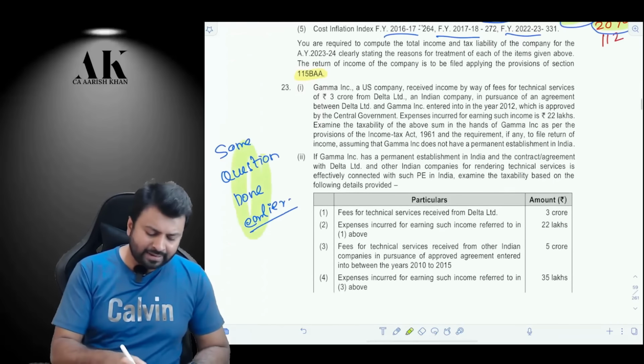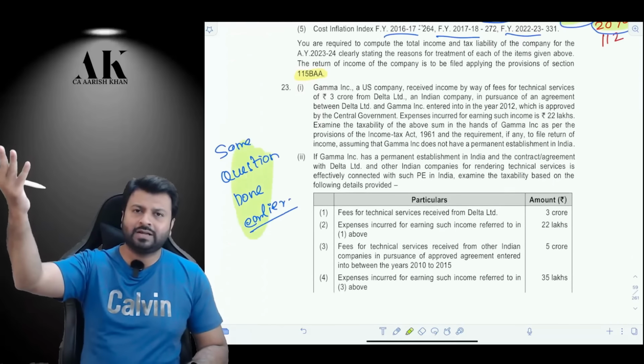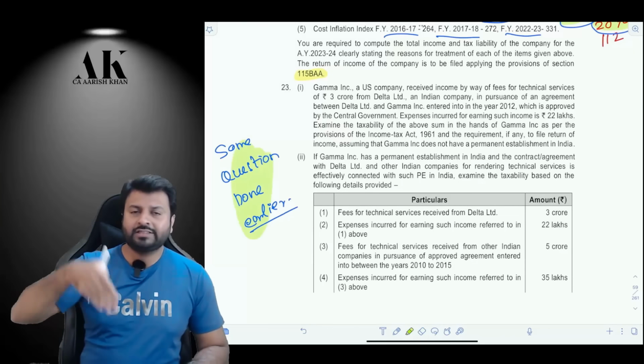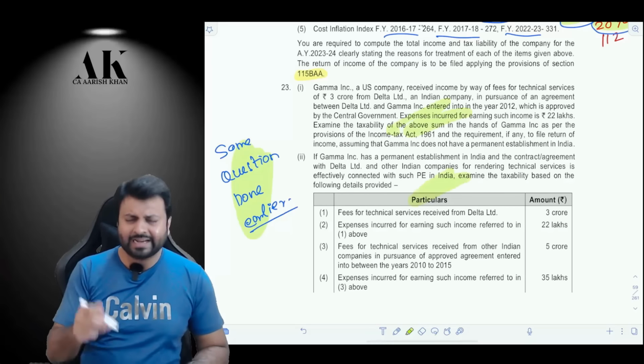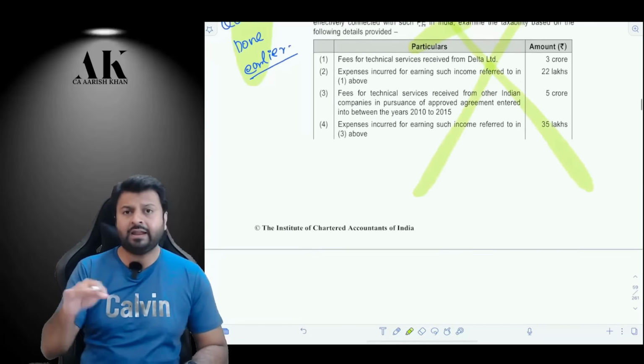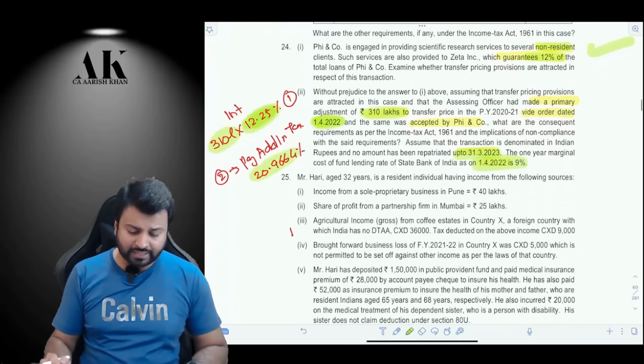Next one is the same question which we have done earlier. You can go and check the chapter. Which chapter? Not chapter. One of the RTPs we have done in this session only. You can go and check that it is exactly the same question. I am not interested in doing this question again and again. You also don't do this question now for the second time before the day of exam, because it's a repetition of the entire provision. Okay.